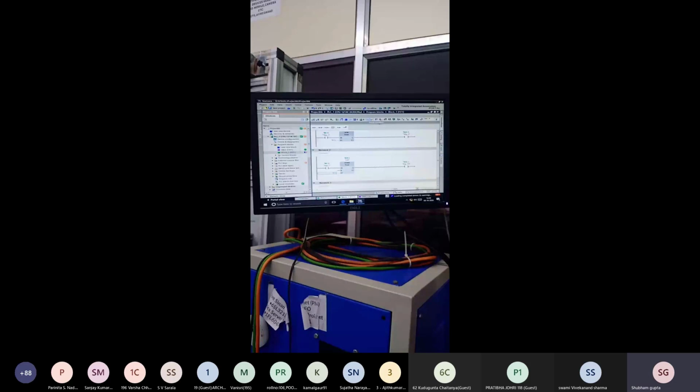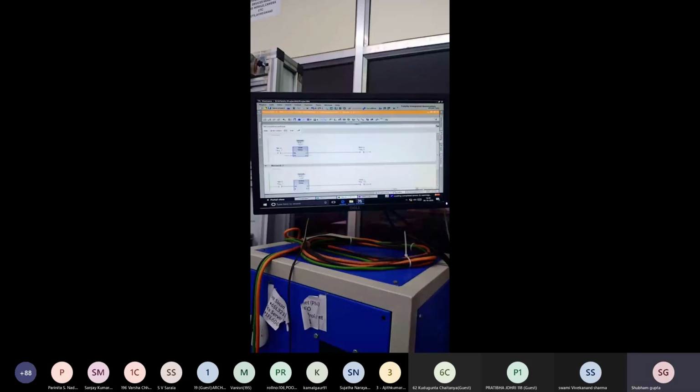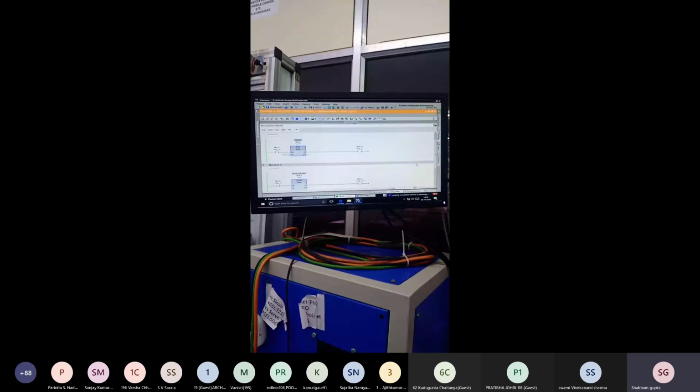Just see the result. When we start the timer by pressing the S1 switch, the timer starts, but unfortunately I stopped it in between. Let's see that. The T-on timer starts from 0, but the TONR timer has stored its timing.